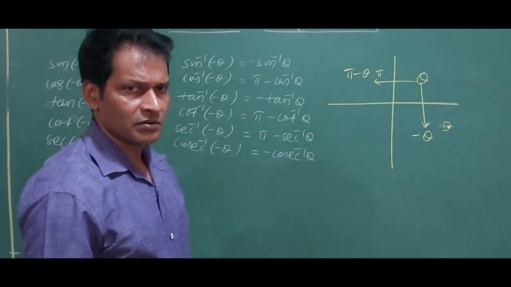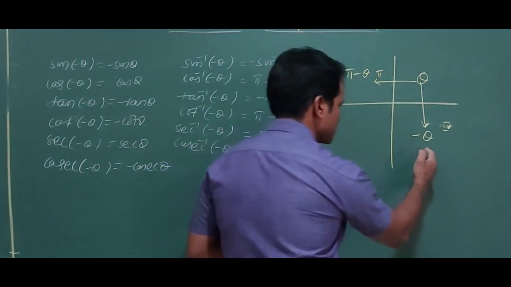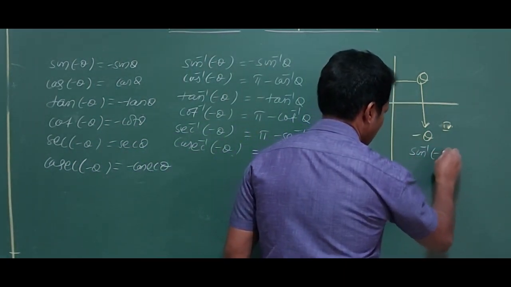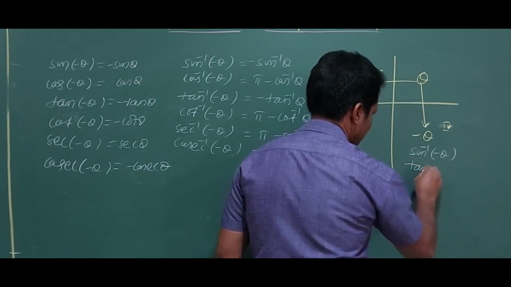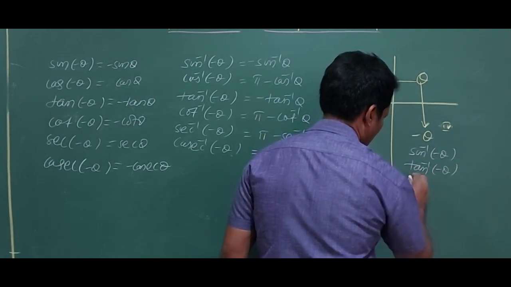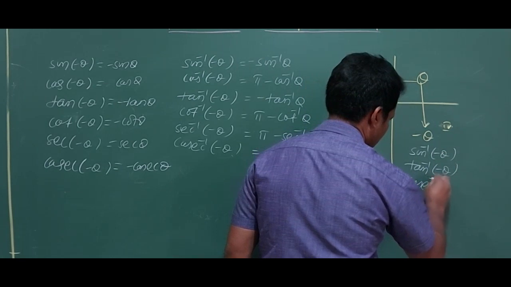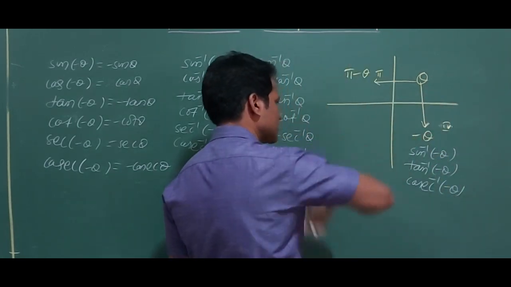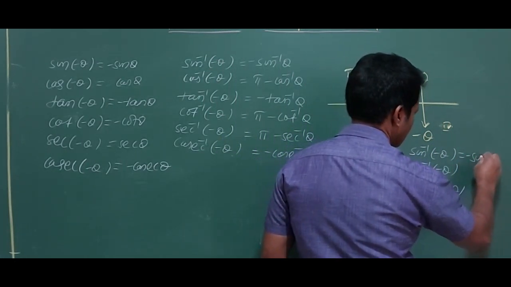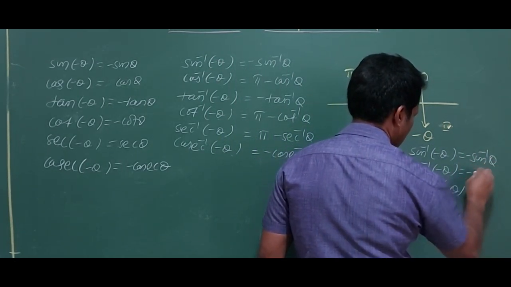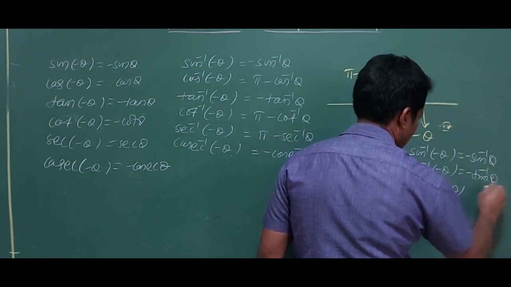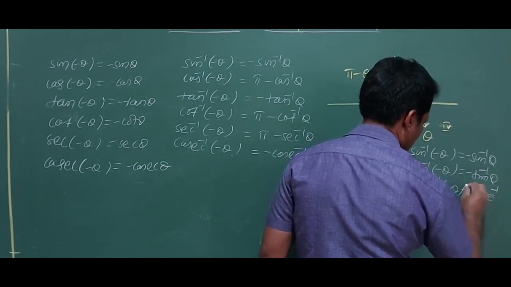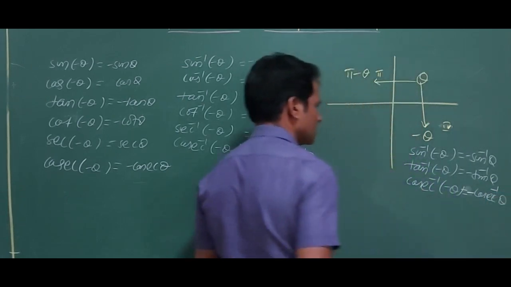It's very simple now. Who remains here in inverse trigo? Sin inverse, tan inverse, cosec inverse. And what is their job? Theta turns to minus theta, and the minus comes outside. So simple it is.